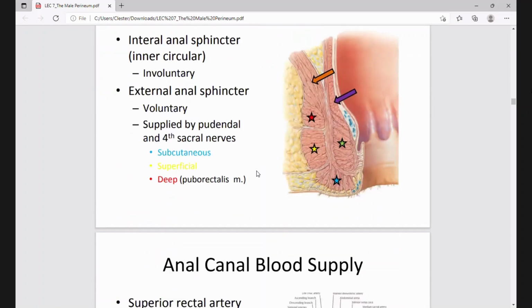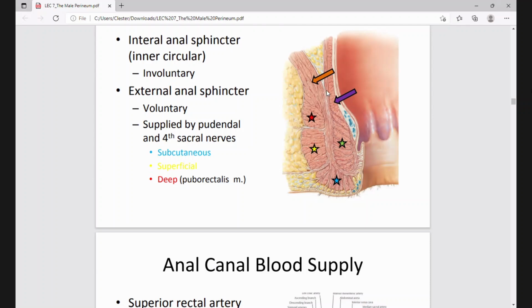The sphincters I mentioned, which I showed in diagrammatic fashion, will be this one, between subcutaneous, between superficial, between your sphincter. This is a coronal section of the sphincters. And there's another sphincter that surrounds the anal canal. That is the internal anal sphincter. The internal anal sphincter is made up of the circular layer of smooth muscle from your